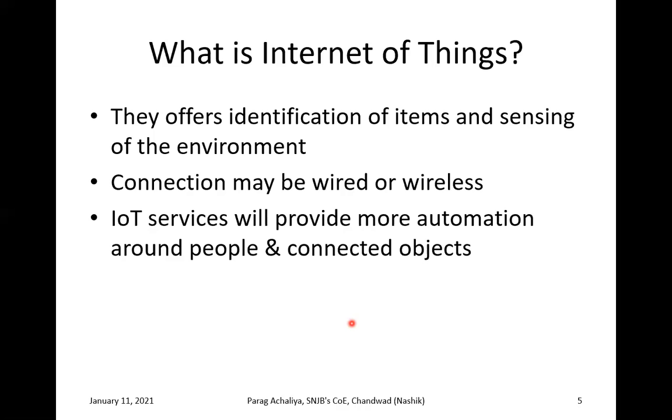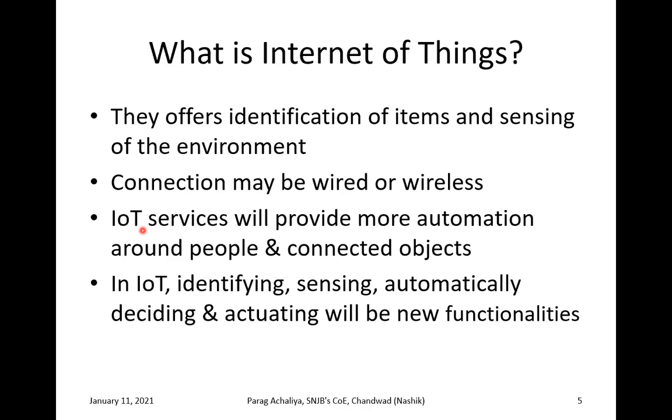Remember, IoT means not only hardware and software. Trust me, if there is internet, then it becomes your IoT. If your project does not have internet, then it will not be IoT, it will be only an embedded system. If you wish to call it an IoT based project, you should include internet in your project. Unless and until you include internet, it will not become IoT, it will simply be an embedded system. And an embedded system is the combination of hardware and software.